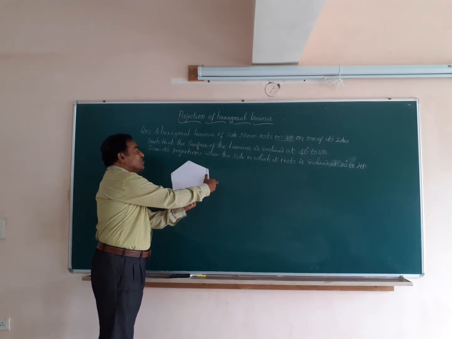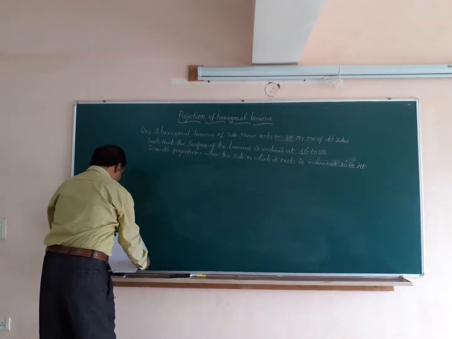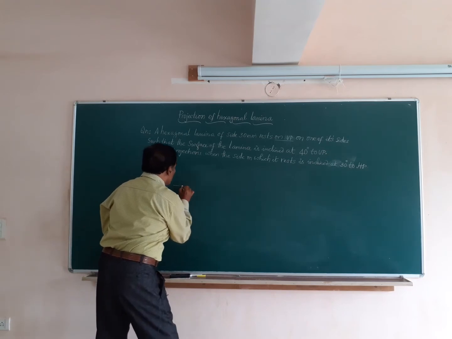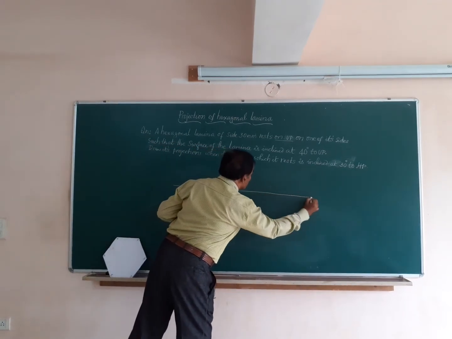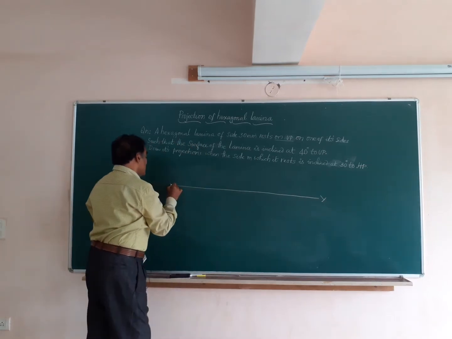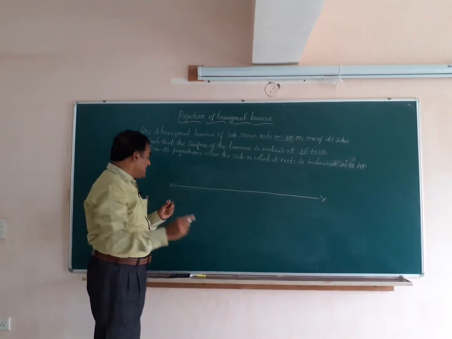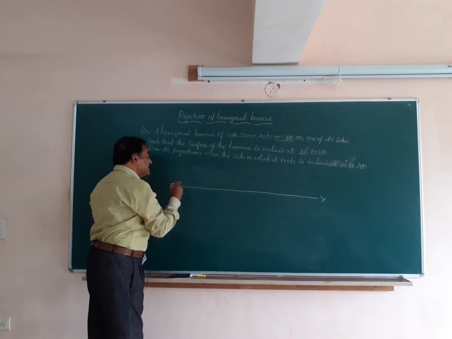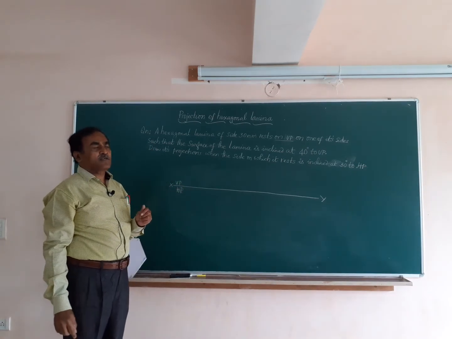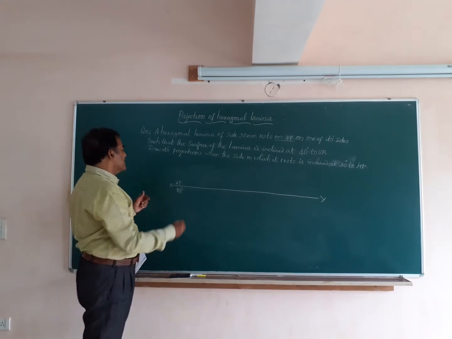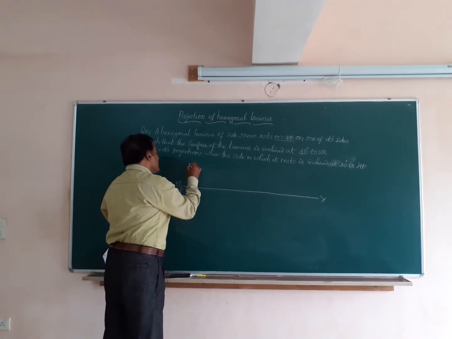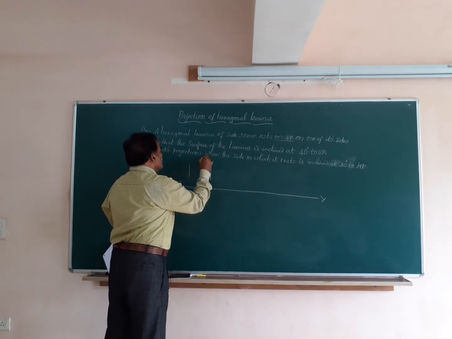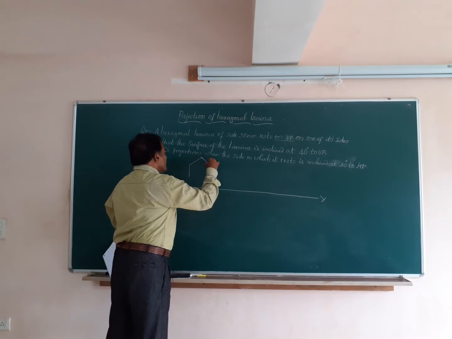So friends, to commence this problem, I am going to mark the XY line, the line of intersection of HP and VP. That is the XY line I am writing. This line is the line of intersection of VP and HP, and you have to mark here VP and HP, which indicates the first angle projection. So friends, I am going to construct a hexagon here on this VP, of side 30 mm.